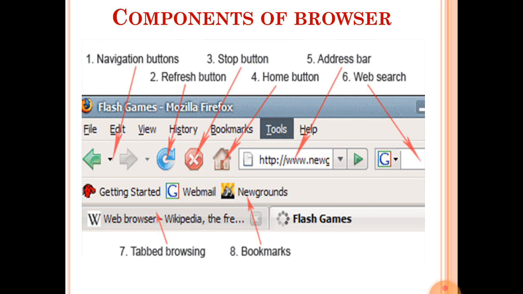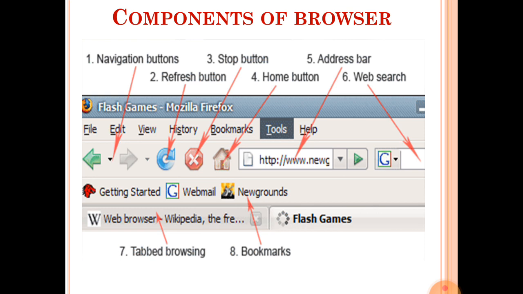After that, here is the menu bar: file, edit, view, history, bookmark, tools and help. These are known as the menu bar. Menu bar contains different commands to operate, to access the web page and modify or set the web pages on the screen. After that, a toolbar appears.